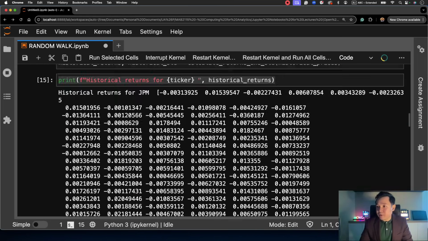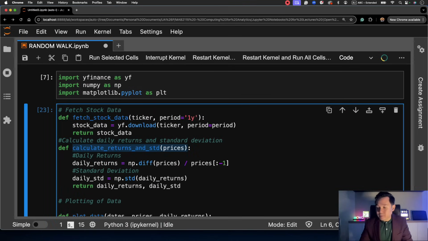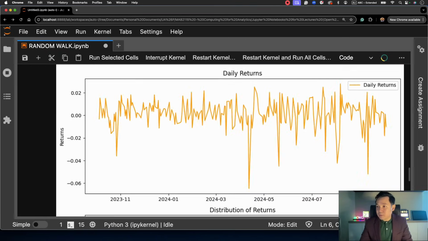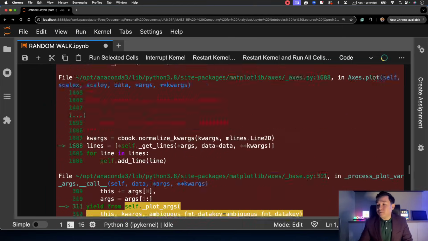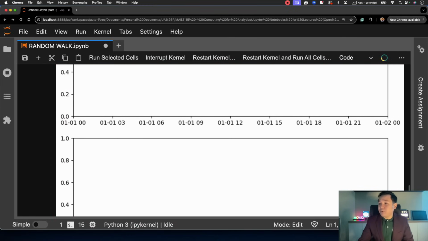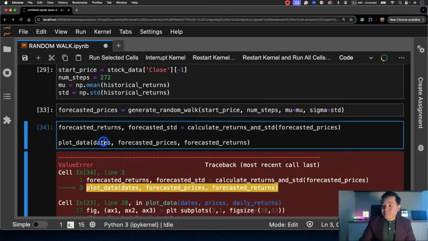So we call on that function that we have created, calculate returns, and here we have the forecasted prices and forecasted returns. Error now. X and Y must have the same dimension. Okay, why is it? Because here for the dates we should have